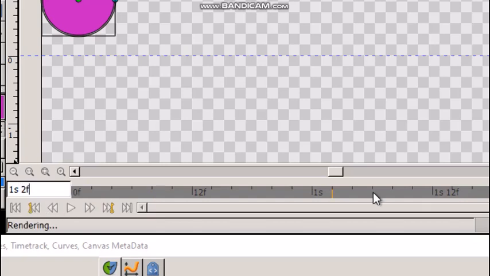Enter. So this orange color indicator will take us to that place on the time slider. As seen earlier, each second is divided into 24 frames. That is, we can also say 24 frames per second, that is 24 FPS.